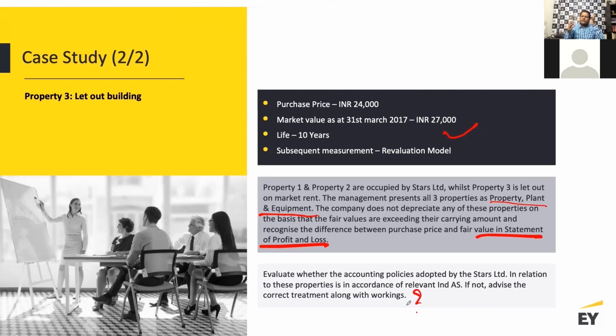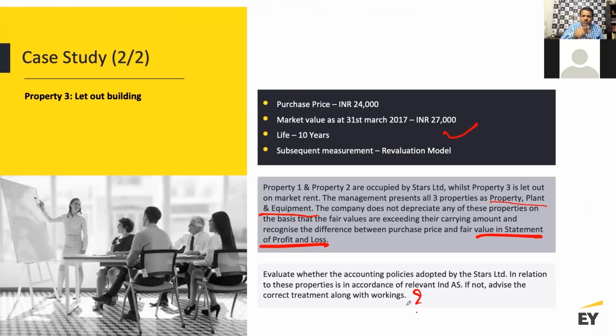So now, if you just try and reflect on what all we said, right? We told you that you got to first determine the cost. What is my cost of the asset, right? Then I need to determine whether I have any components in that cost, right? Here we don't have any components, we don't have that information, right? Then I said, do I have to determine the residual amount, right? Here again, I don't have that information for the residual amount. Then I said you need to mandatorily charge depreciation, right, for items which are covered as part of the scope